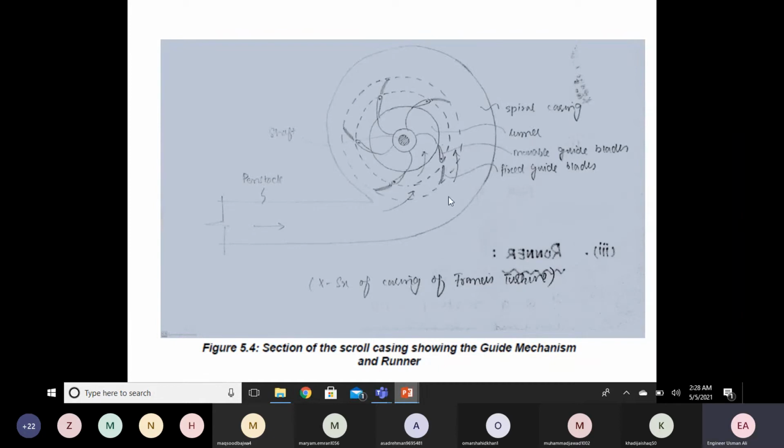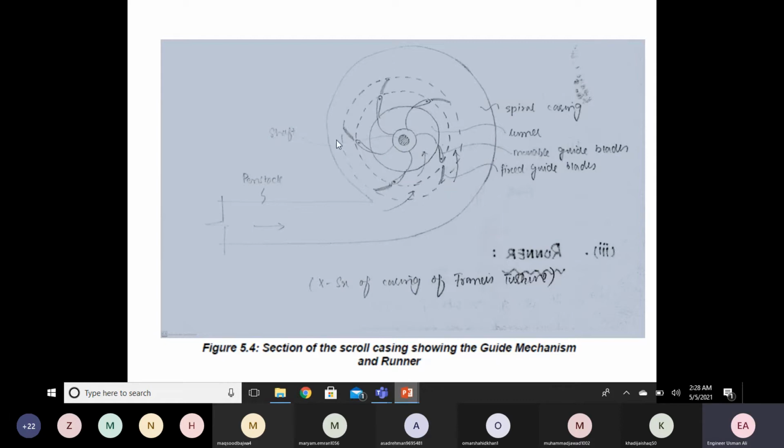When the area of flow is reducing along the direction of flow, so pressure is decreasing, क्योंकि यहाँ at the entrance pressure is more. So because of this reduction in the area of flow, pressure is reducing and the velocity is increasing. So at the outlet of the casing, velocity is more and pressure is very low or negative pressure. Now